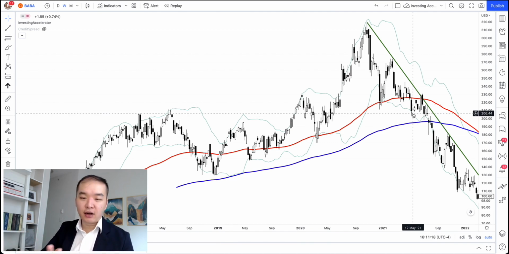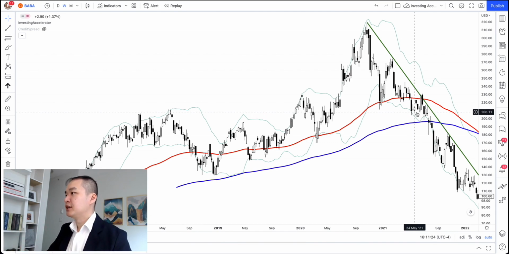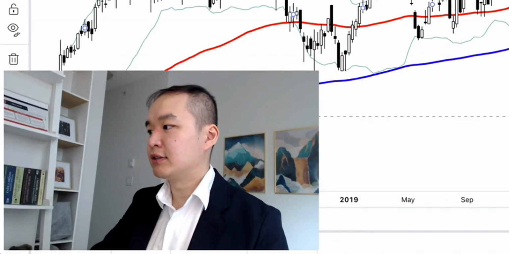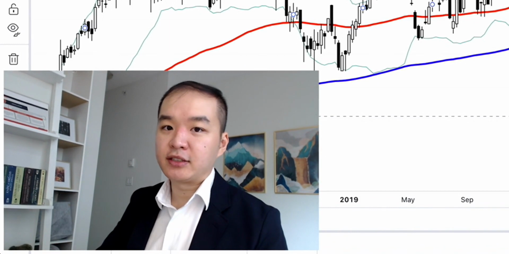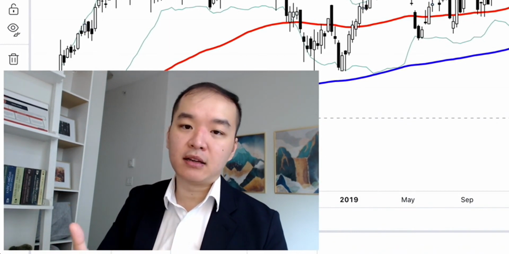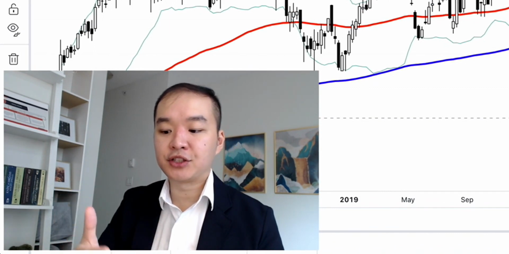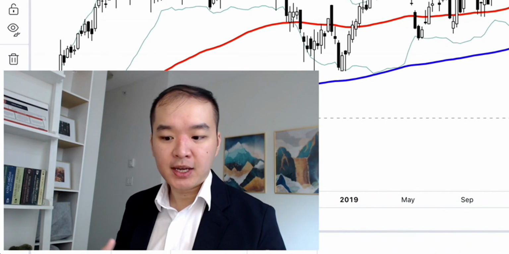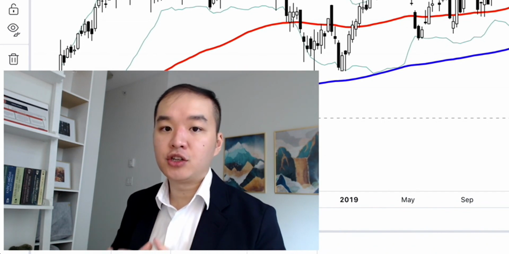And there is also the SEC delisting problem with all the Chinese stocks, which further hamper the growth of the stock price. So in the end, I exited near, let's say, 100. And at that point, I was like, okay, I'm done with Chinese stocks because I realized I don't have a competitive advantage when it comes to investing in Chinese stocks. When it comes to investing in Chinese stocks, you need to know the policy very well. And the policy can change very quickly.